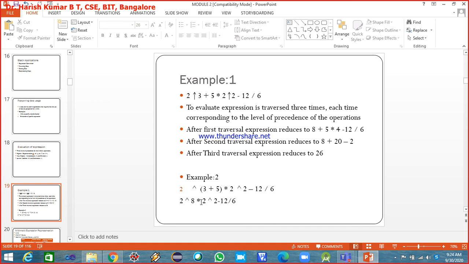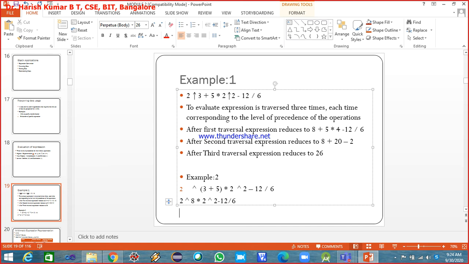You go for what is that you will evaluate? Exponentiation. 2 raised to 8 will do. So 2 raised to 8 is how much? Two raised to 8, is it 128? No. 2 raised to 2 is 4, 2 raised to 3 is 8, and 2 raised to 4 is 16, 2 raised to 8 is 256. 256, correct, 256 into 2,